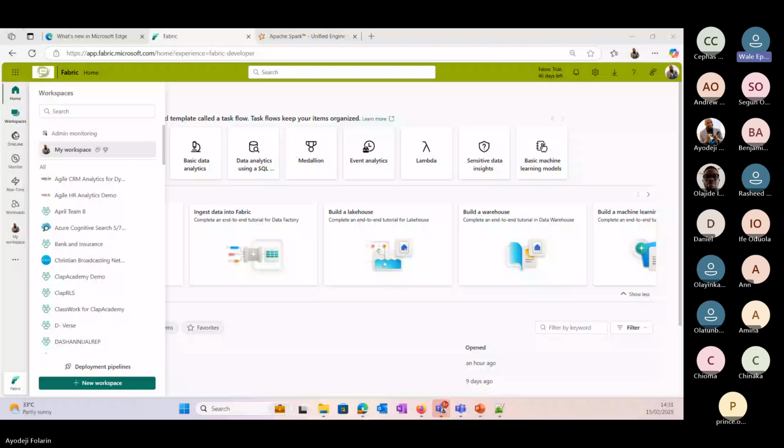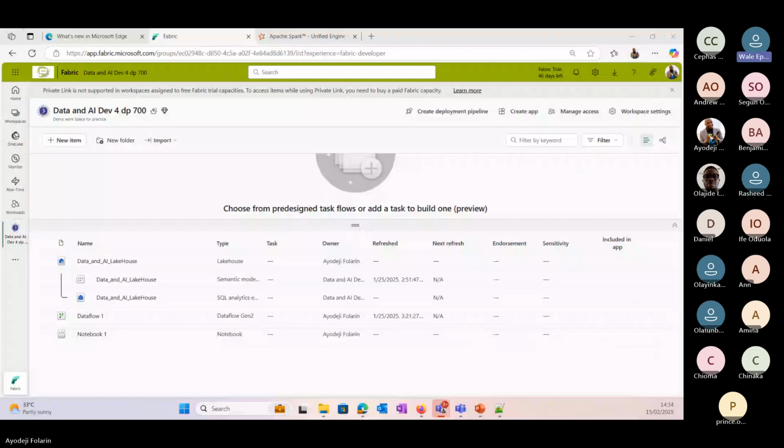Your screen is back, but it's not changing. It just changed now. We can see your screen. Oh, okay. I think it's making some explanation, that was why it's not changing. Okay, fine. I'm just on Data and AI Dev for DP 700. That's the workspace we created last week.